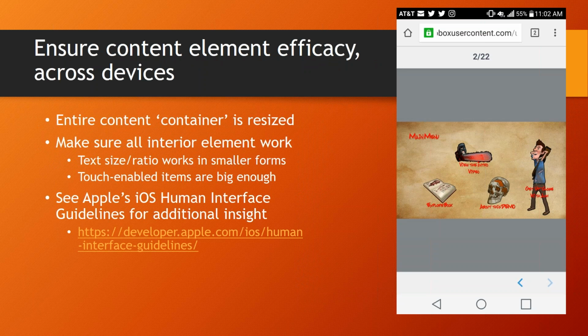But make sure, and here's a screenshot of my actual demo on my phone. Note that it's all there. This is the main menu. But at some point, because of the small form, and again, I held this in portrait versus landscape for a very particular reason, everything is so small it becomes almost hard to read. So you see I'm only taking up maybe a third of my entire screen here